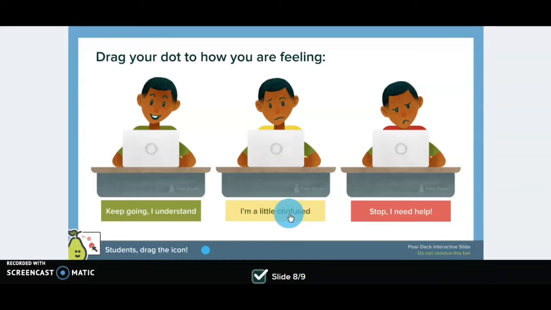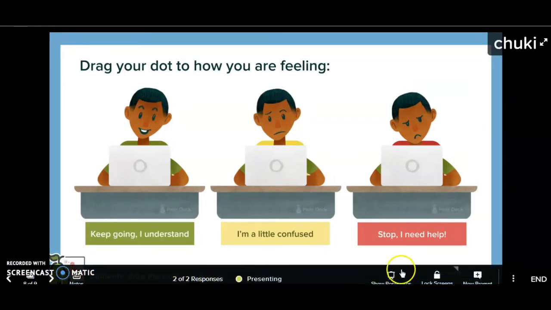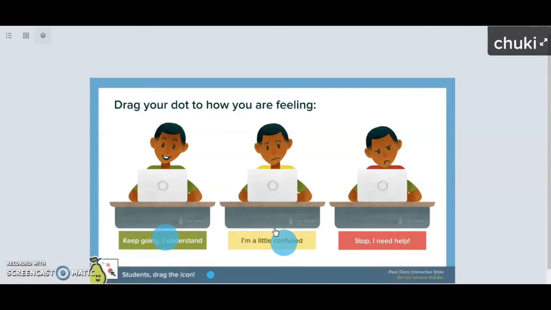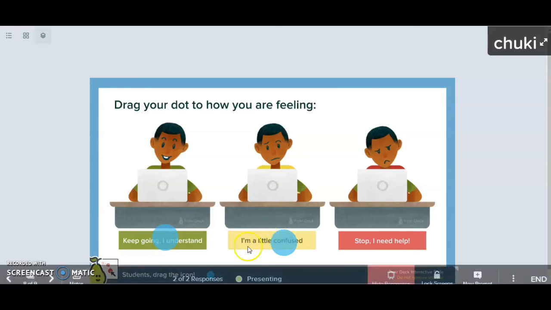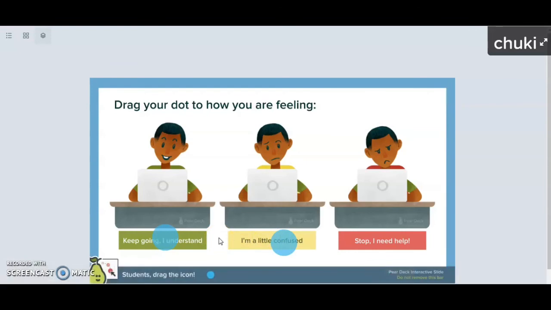I am a little confused. Some other students may click this, and at the instructor point, you can find two responses received, and I want to check keep going. One student is saying keep going, another student is a little confused. So which student is confused, you just discuss within Google Meet chat or some other chat, a WhatsApp group, so that you are aware that without understanding one lesson, you don't jump to the next lesson, so that the students will not get confused. In face-to-face interaction, this does not happen because the student at once asks the question, whereas in an online session, you have to find the mentality and feeling of the students through this kind of tool.